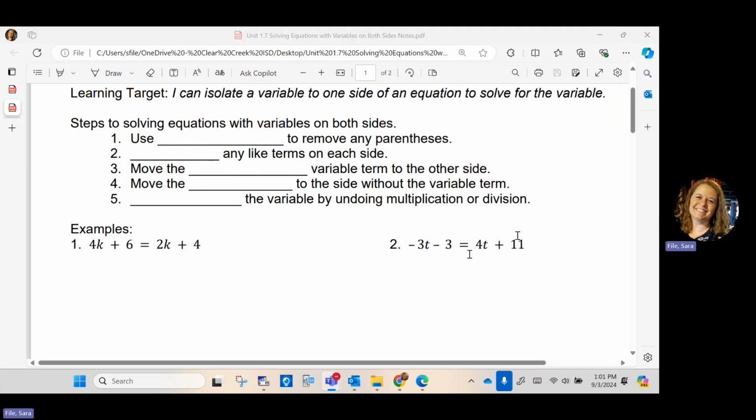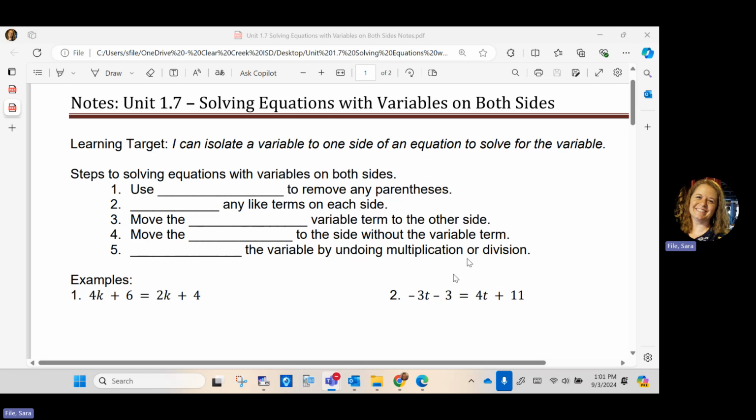So everybody should turn in their new notes packet to 1.7, that first page. Okay, our goal today is to be able to isolate a variable on one side of an equation to solve for the variable. So we're working with equations that have a variable on both sides, our x, or whatever the variable is, on the left and the right. Okay, so the process that we're going to use